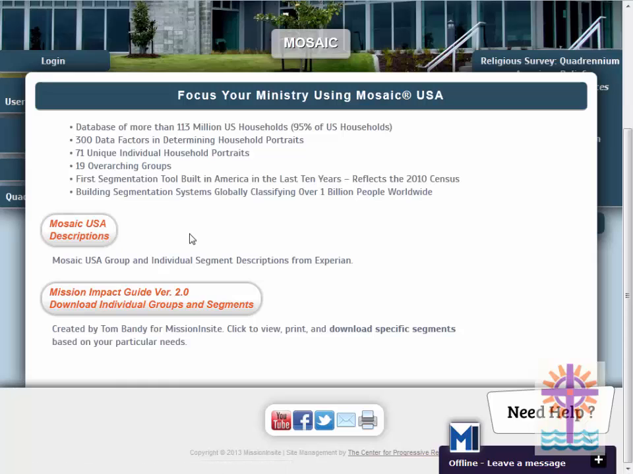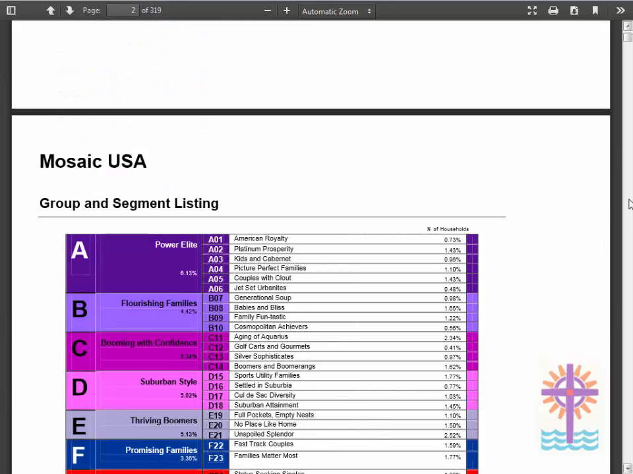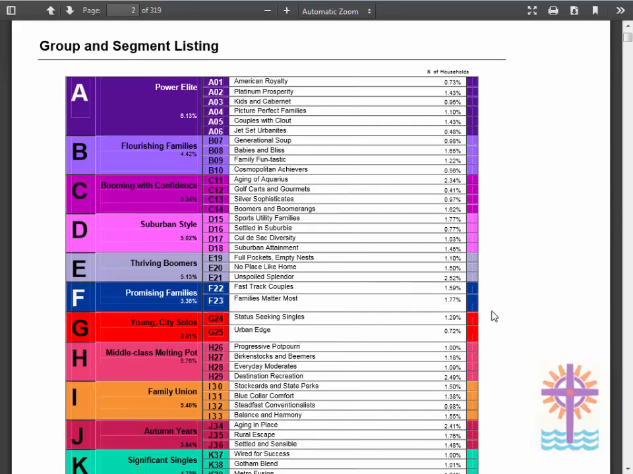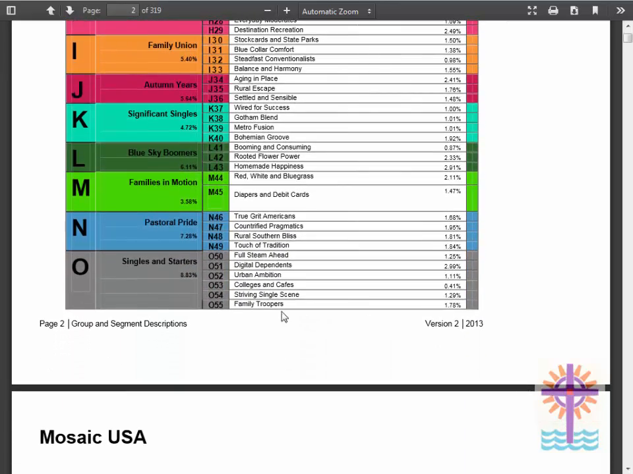It's a huge document, actually. But as it's loading here, you can see all of these different groups that have been defined by these professional companies that use this information to market to people. And we're going to use this information to try and reach them with the gospel. So what we saw there was O54, striving single scene. Only 1.29% of the country would fall under this